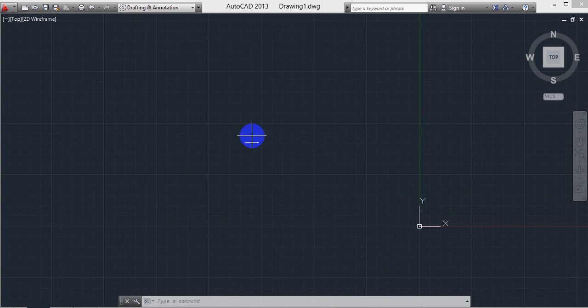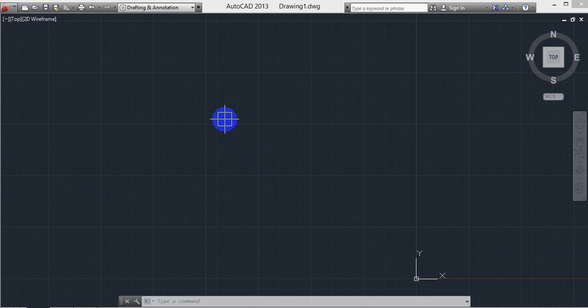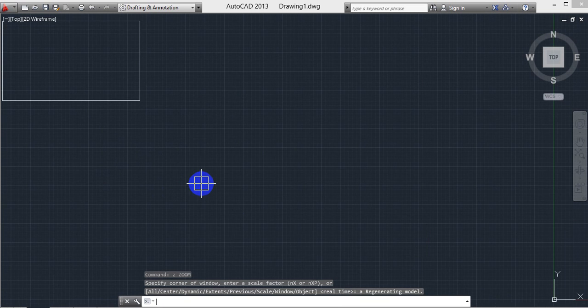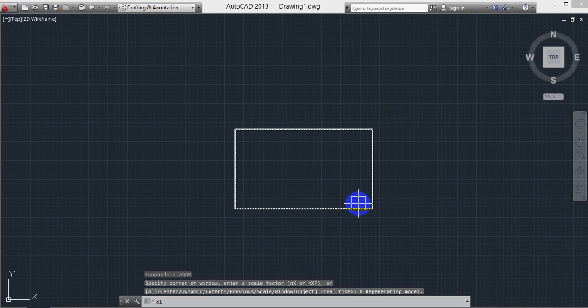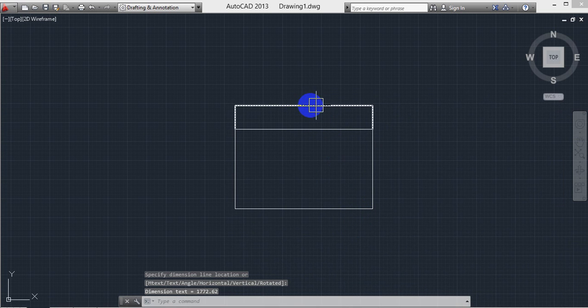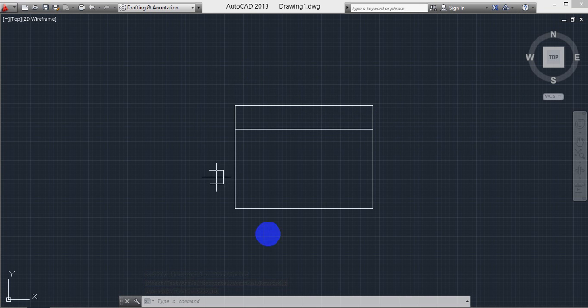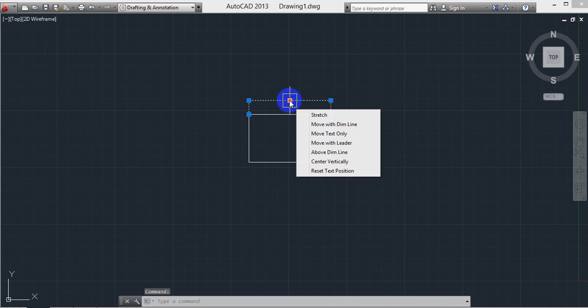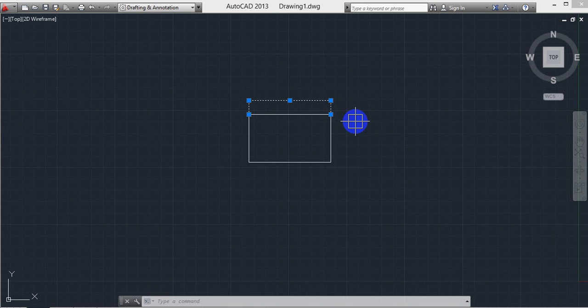Now we will use dimension edit. Okay, dimension edit. For example, suppose we have a rectangle here. Okay, I made a rectangle and, okay, DLI, double enter and we can see the dimension here, but we can't see the visibility of this dimension in this position. Okay, if you zoom in, then only we can see it, or else you can't see the dimension here. So how to show this dimension according to our drawing? Okay, according to our drawing, so we can easily see what dimension is being created here.